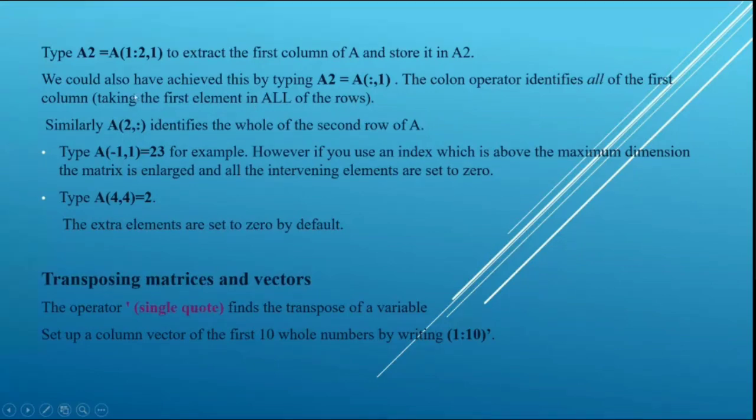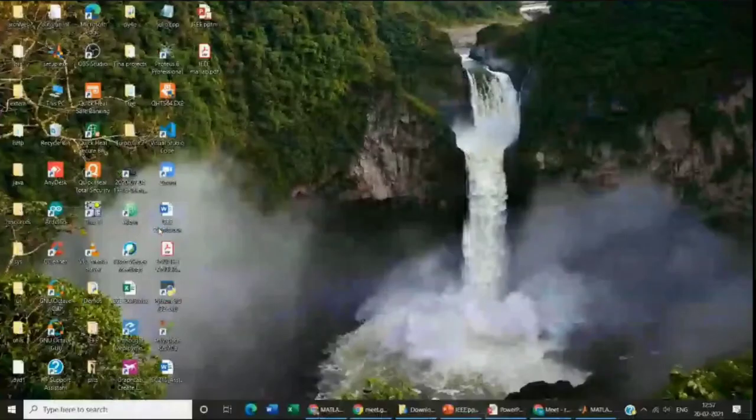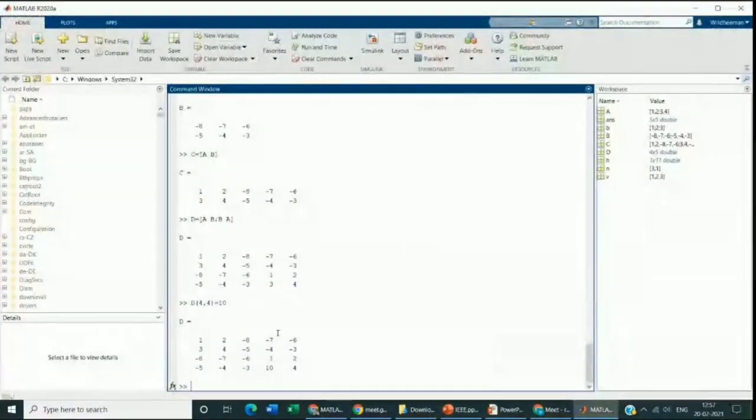Similarly, if we write A(2, :), it identifies the whole of the second row of A. Similarly, if we type A(-1, 1) equals 23, for example, however, if we use an index which is above the maximum dimension, the matrix is enlarged and all the new elements are set to 0. We will type A(4, 4) also. The extra elements are set to 0 by default. As we have shown you how to exchange the values of 3 and 10, it is similar to that only.